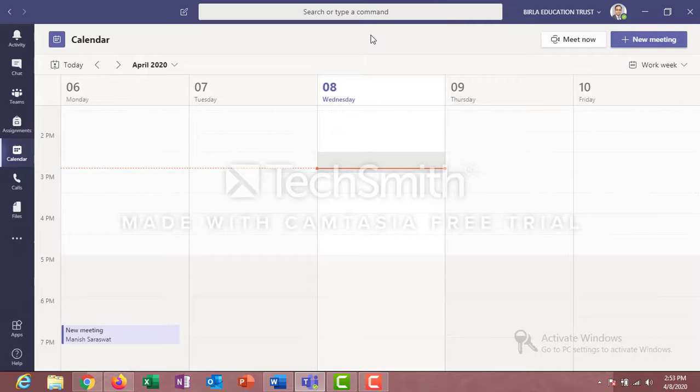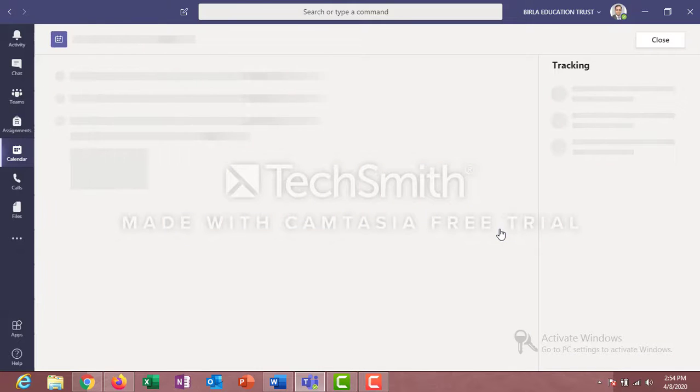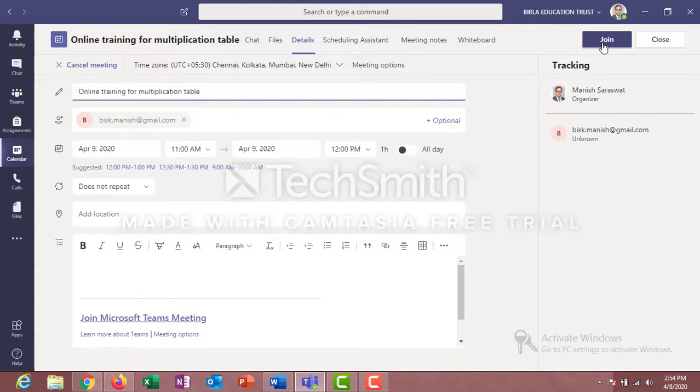So it is not essential that you have to open it in a separate app. You can open it in the browser also. So the students will receive it, and if they want to download the app first and then chat with you, it is up to them. Otherwise, this freedom is always available to the students, that they can open it in the browser as well. Now what you can do, you can simply click on the set day, like on 9th, if you are conducting this session, and click on the join button.